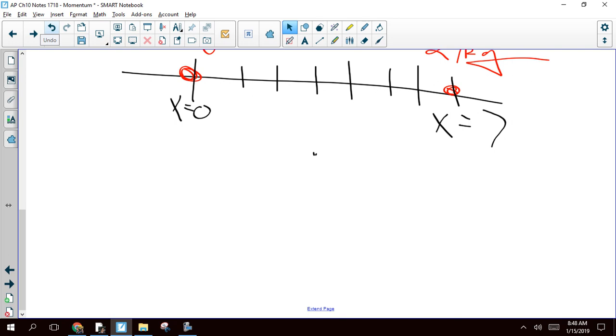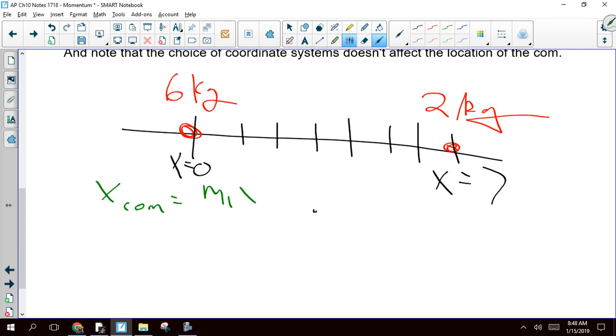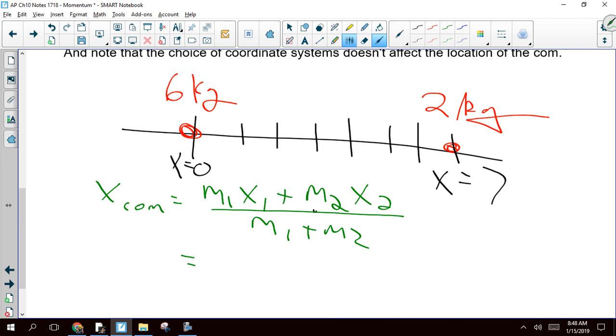All right, let's do our weighted average again. So the position of our center of mass is the mass of object 1 times the position of object 1 plus the mass of object 2 times the position of object 2, all over mass 1 plus mass 2, which for us, well, let's see, mass 1 is 6 kilograms